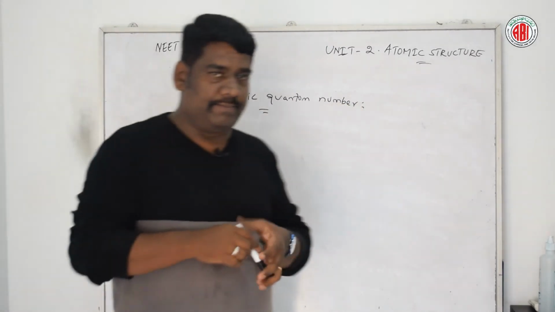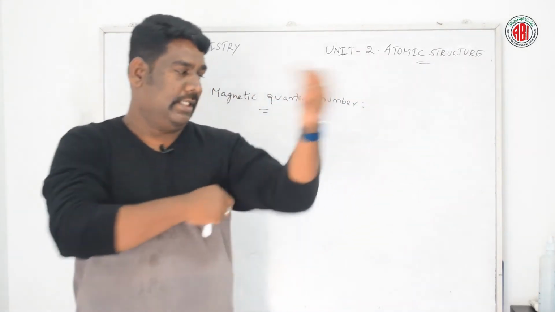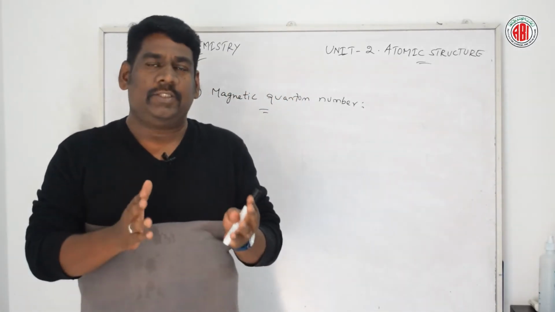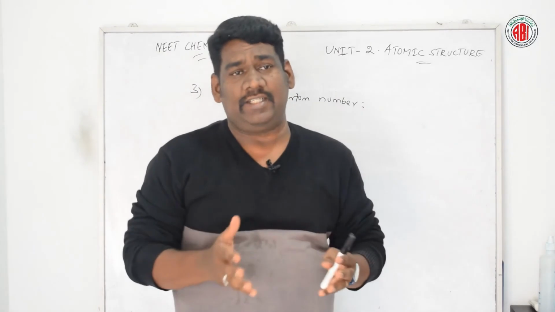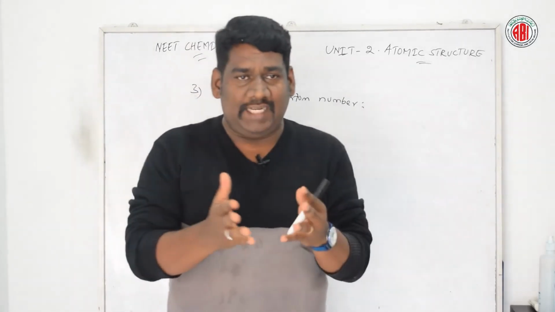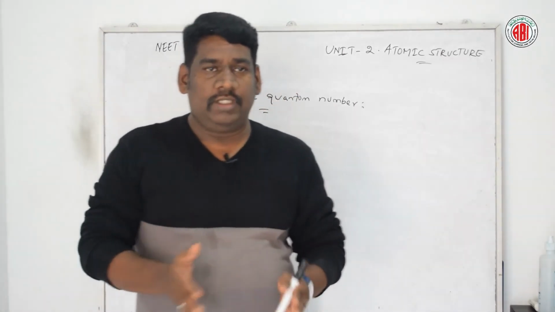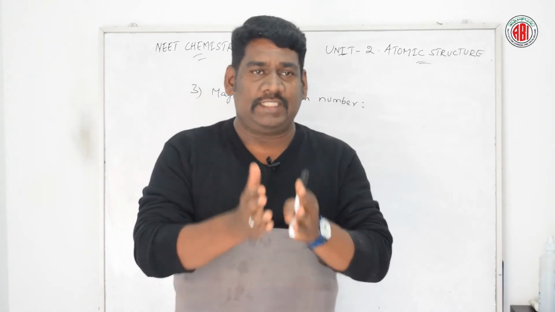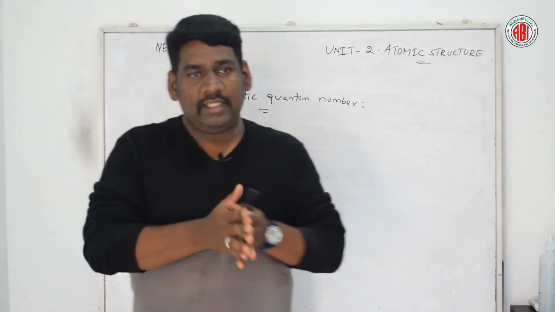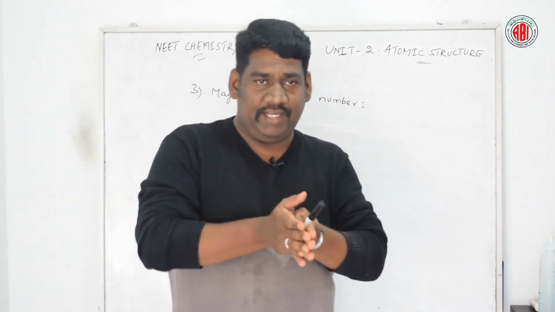Magnetic quantum number. What is this magnetic quantum number? Let us talk about this. This particular number describes the behavior of the electron in a magnetic field. We know already that the movement of an electrical charge is always associated with a magnetic field. So the revolving of the electron, which possesses angular momentum, will give rise to a very small magnetic field as well, that could interact with the external magnetic field.